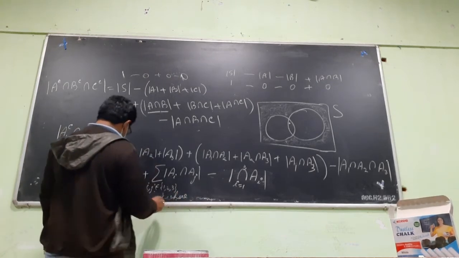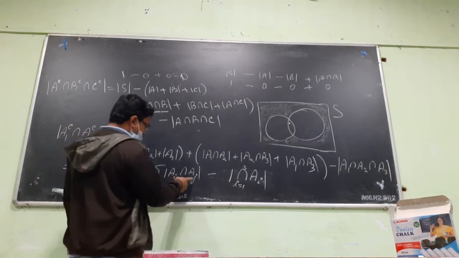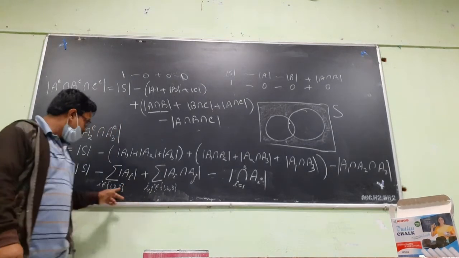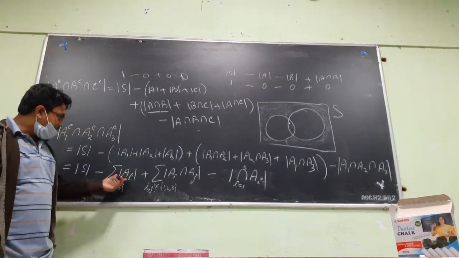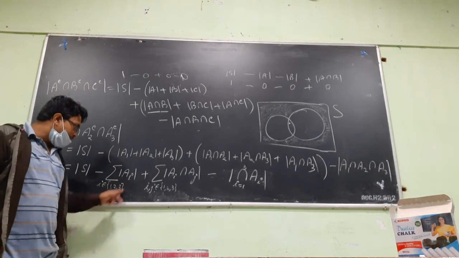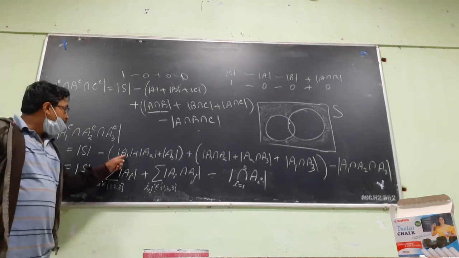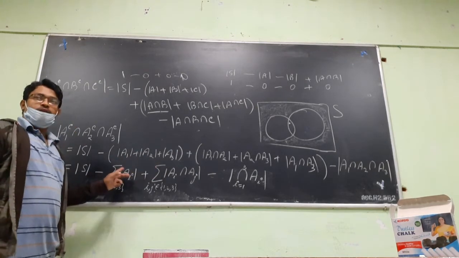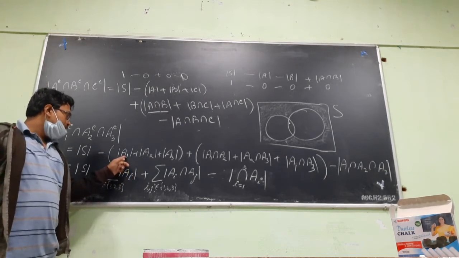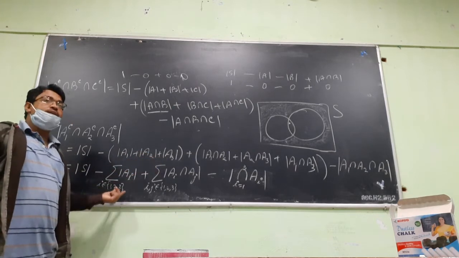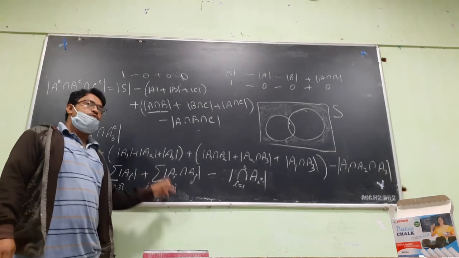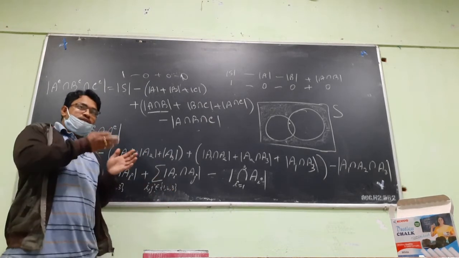In the general one we will write the summations. Where the summation, say this one, is taking one at a time. So here the summation runs over all one combinations of the set 1, 2, 3, the combinations of the elements 1, 2, 3 taken one at a time. This summation runs over all two combinations of the set 1 to 3. From 1 to 3 we select two at a time.